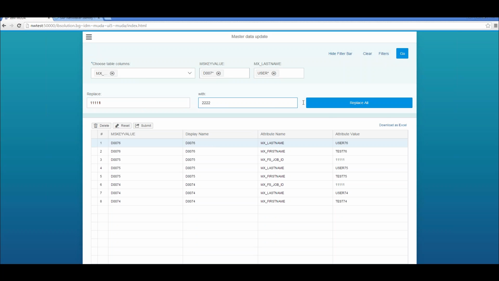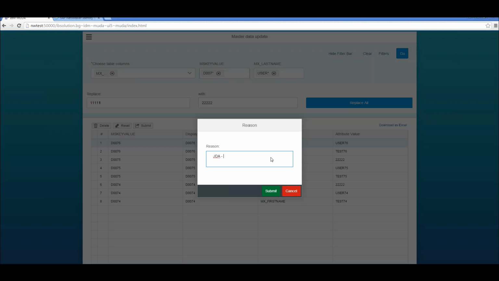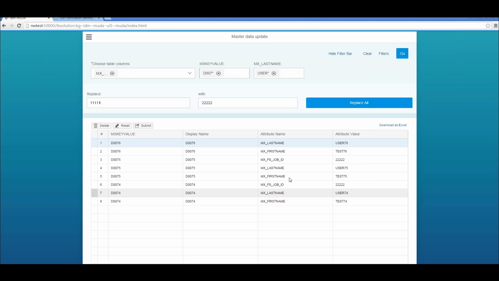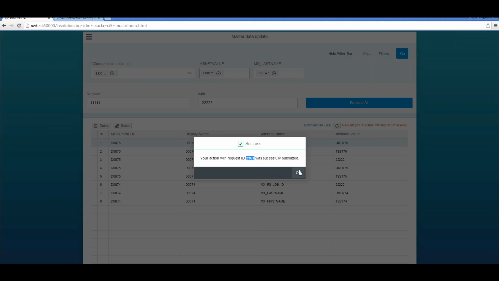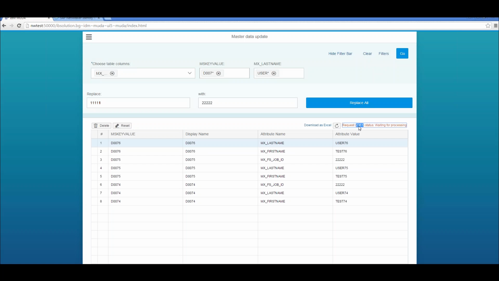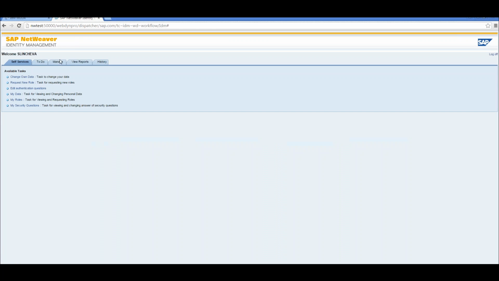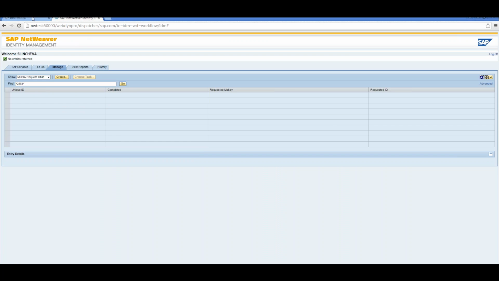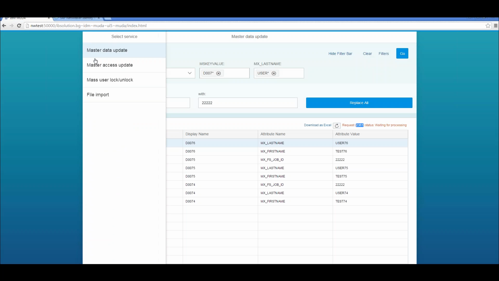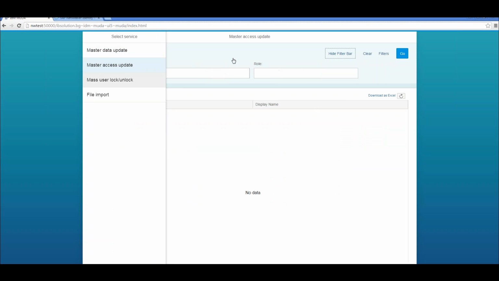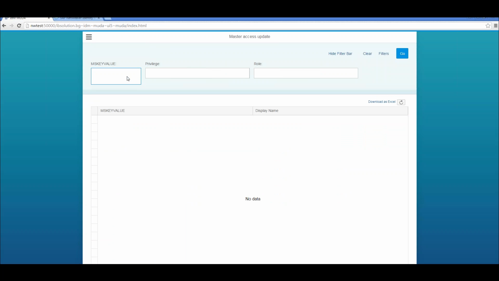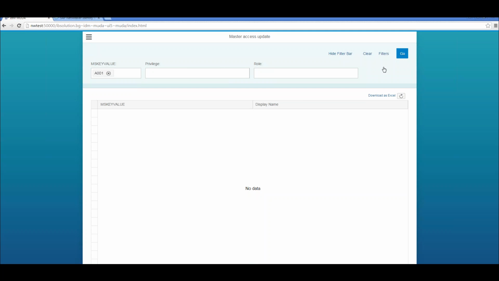So we will restrict the results by adding additional filter. Here we will replace some attribute values, and we can execute our request. Here we have our request ID as well. Then we can continue and make master access update request.